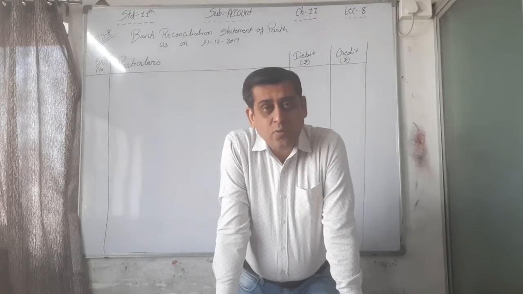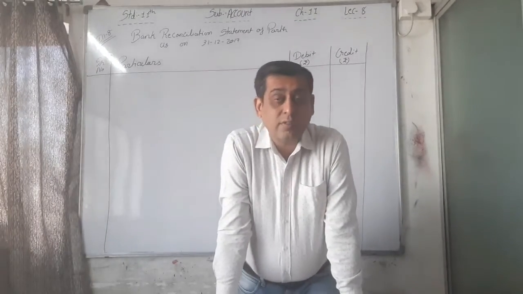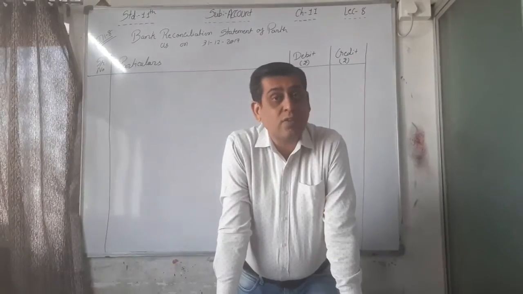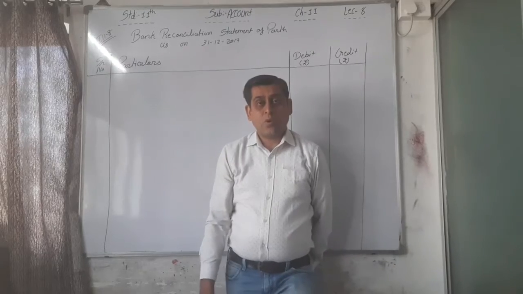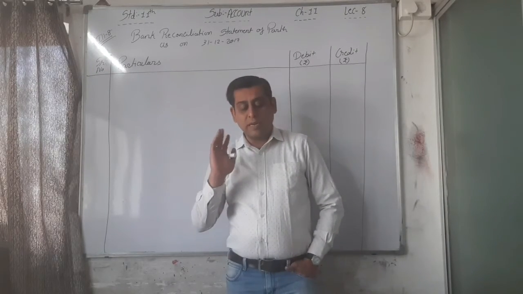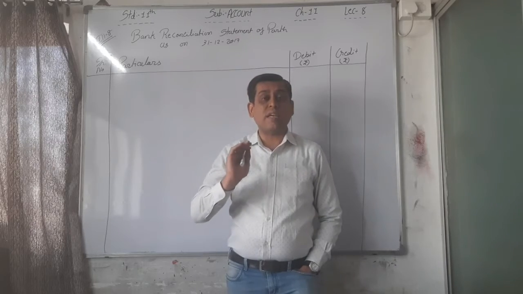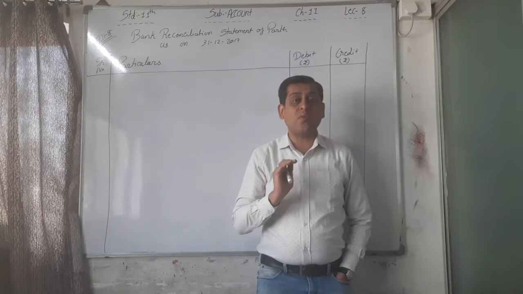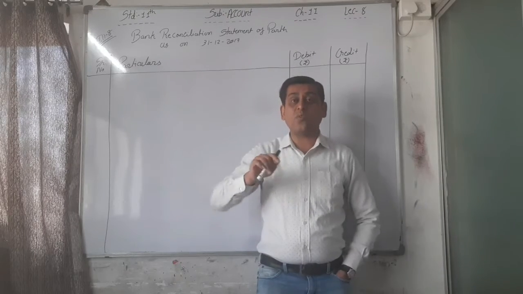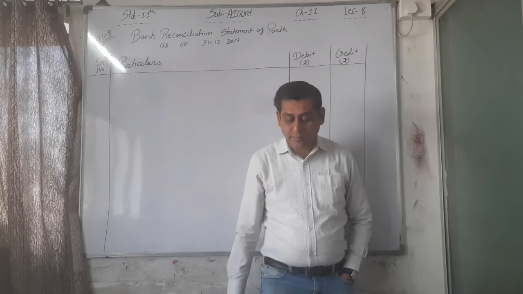So first of all, we have to see the end of the sum. Whatever the opening is, the starting of the sum is not given here, so we can't do the sum. If the starting of the sum is not given, we have to see at the end of the sum what the starting point is. We have to write that down first, then write down all the situations. So see the last line.